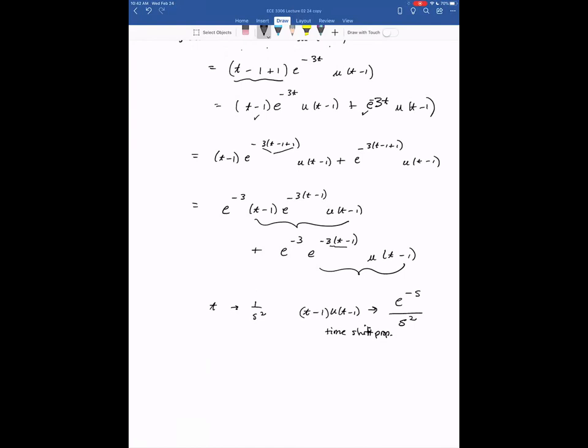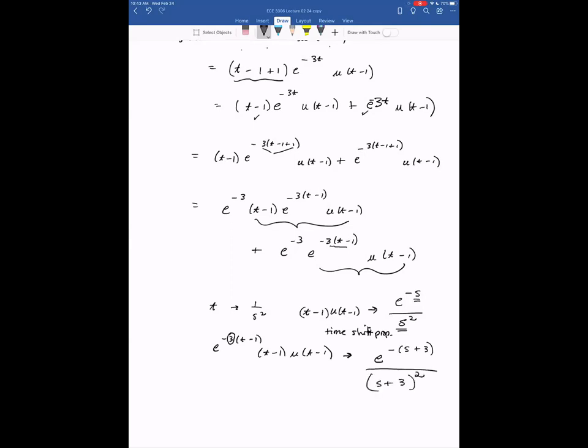So if I now multiply this by e to the minus 3 (t minus 1), t minus 1, u of t minus 1, what that's going to do is everywhere I have an s, it's going to move it to an s plus a. And my a is 3. Okay, so all of the s's go to s plus a. So that'll be e to the minus (s plus 3) over (s plus 3)